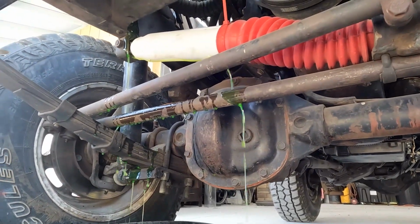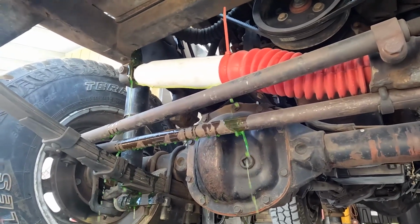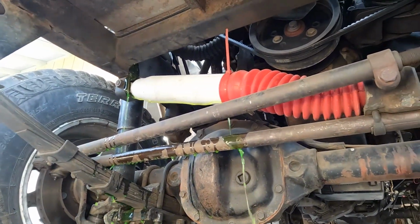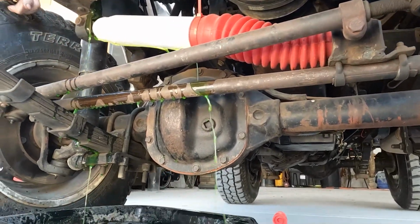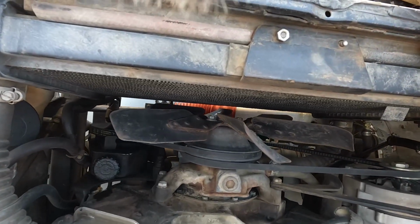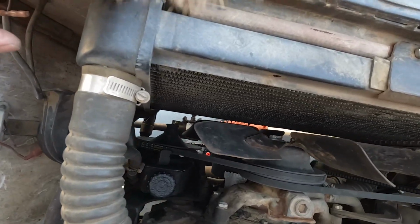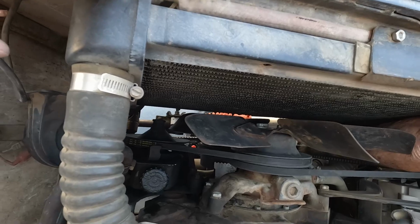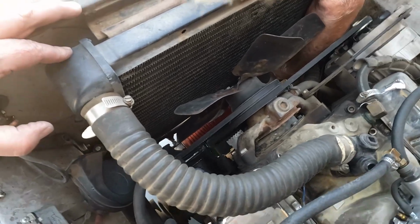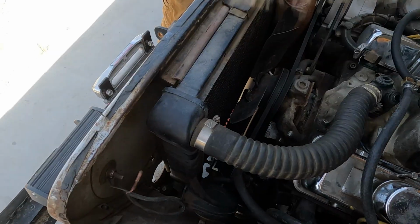Of course, with this install, even the radiator drain is in the wrong spot. It drains right out onto the edge of the frame and runs down the steering stabilizer in order to get it into the bucket. As you can see, not enough room for an adequate fan shroud, nor is there really enough room to get the bolts out of the fan without pulling the radiator out first. So here we are. Coolant's got to come out, then we can pull the hoses off, pull the radiator out to start the front clip